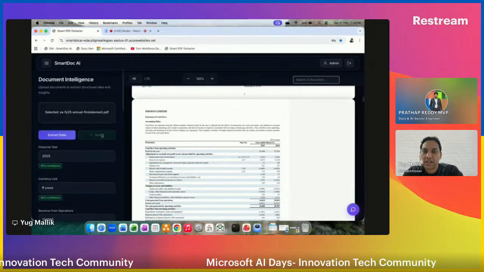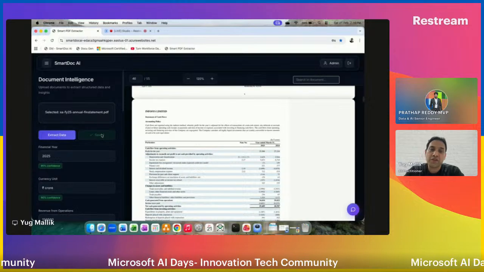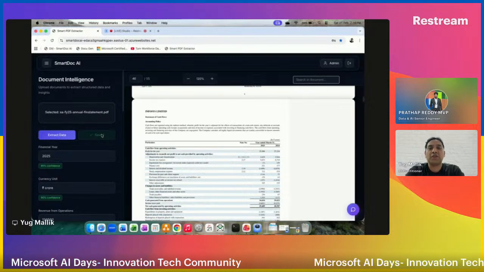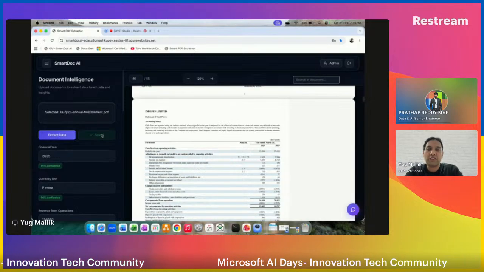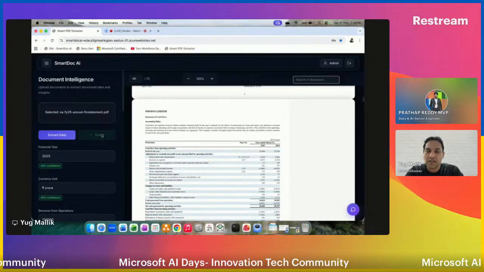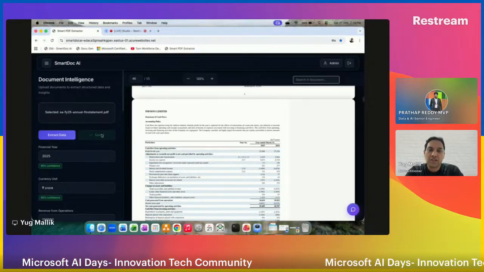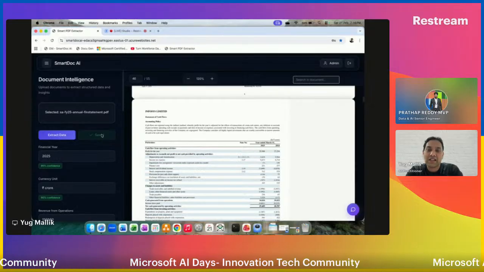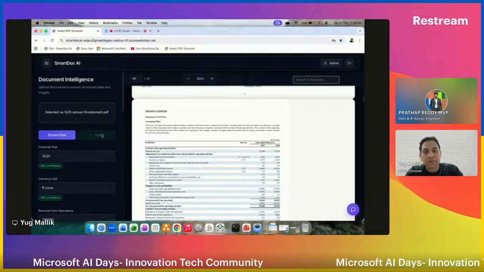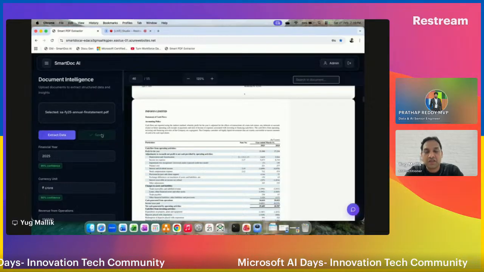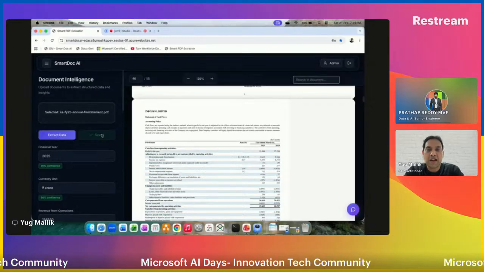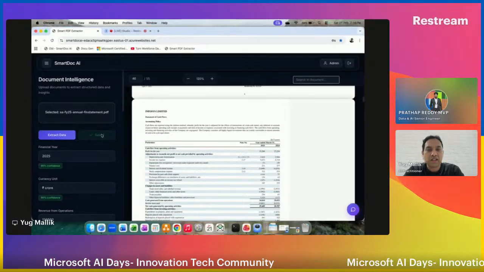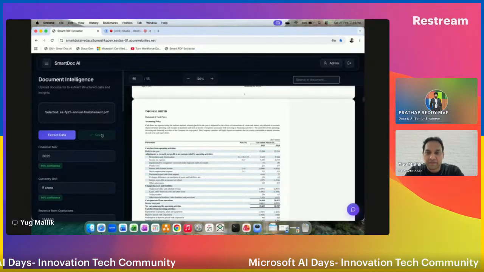And once it is saved, then that information can be used in the subsequent process. It might be feeding into an ERP, feeding into any other application, or for reporting purposes, or anything for that matter. But at least the sanity check is done. Extraction happens seamlessly. It has been reviewed manually by the human agent, so it is all good, right?